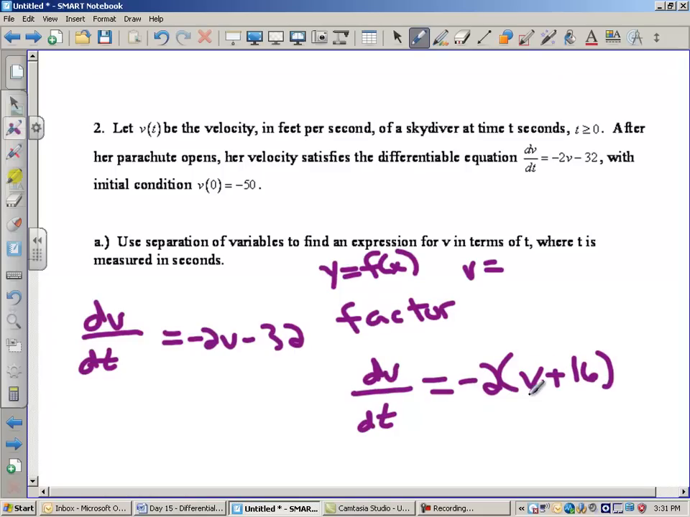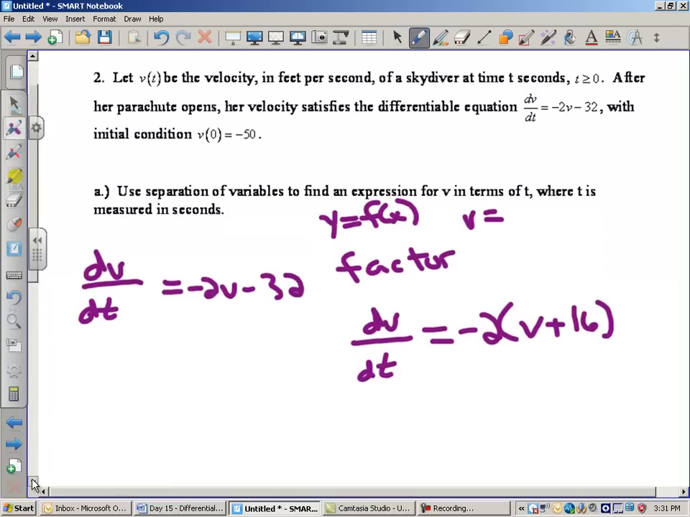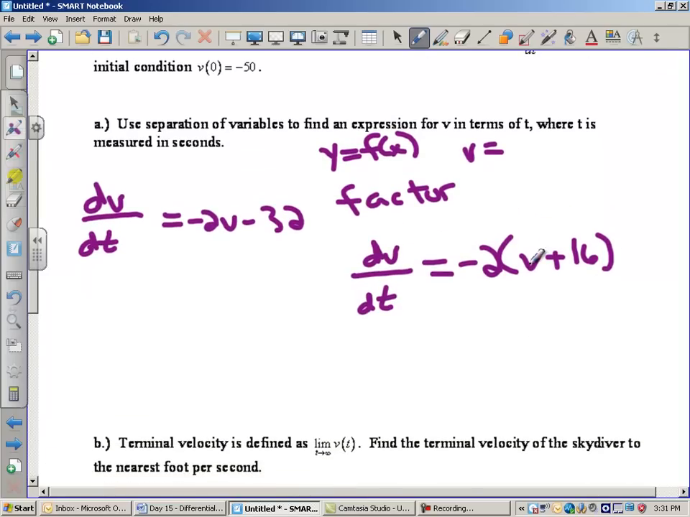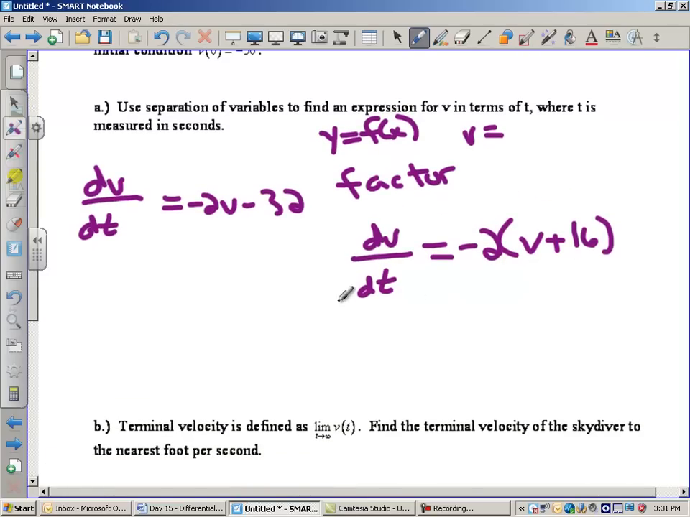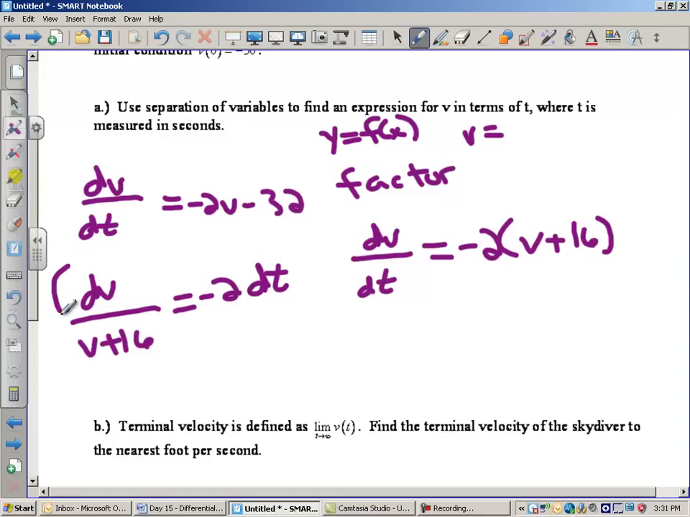So now I get to where I can cross multiply basically, or I can divide both sides by v plus 16. So I'm going to get that dv over v plus 16 equals negative 2 dt. So that was a sort of a tricky question. I had to factor first so that I could cross multiply basically. At this point we're going to integrate both sides,